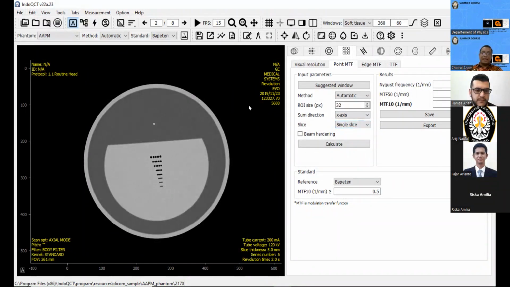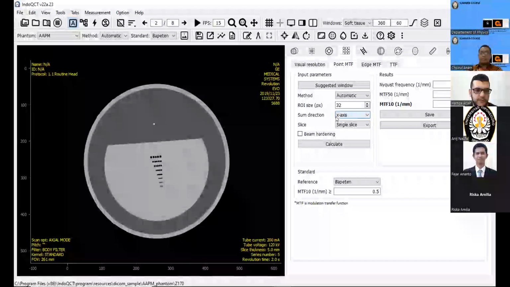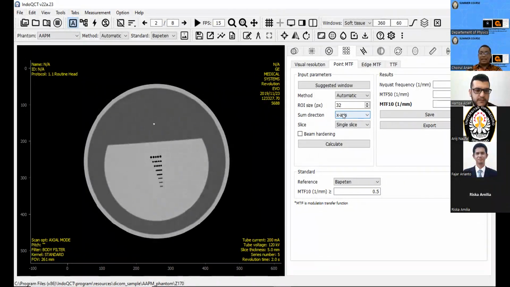In this example, we will use the x-axis and the automatic method. So our software, the Q software, will find the location of the point, and then the ROI is located here, and then it measures the PSF and then the MTF.